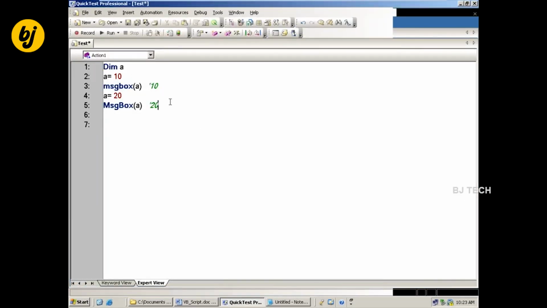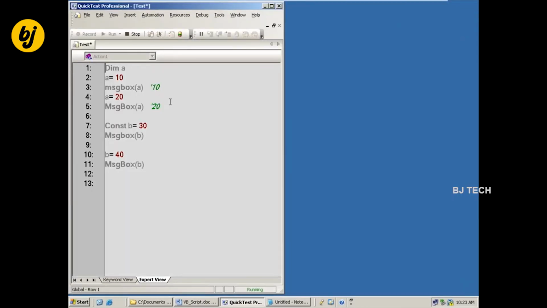Now Const B equal to 30. MsgBox of B. Then B equal to 40. MsgBox of B. Ten, 20, 30.